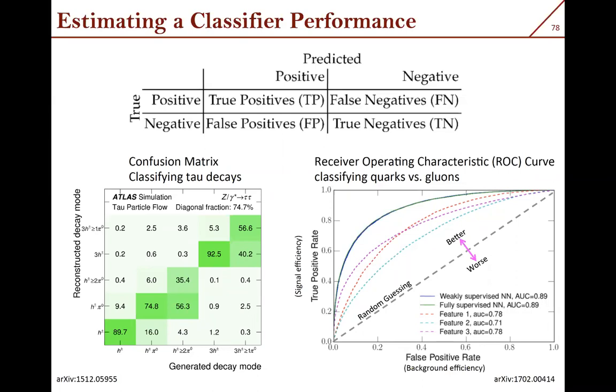So here, let's discuss this plot. This is from ATLAS simulation. So this is a pp collision, and you get either a Z boson or a virtual photon going to tau plus tau minus, very easy. Then the tau decays either hadronically or leptonically, and there you have various decay channels of the tau.